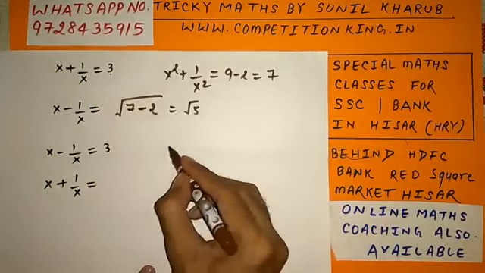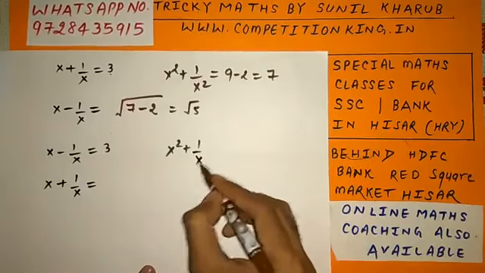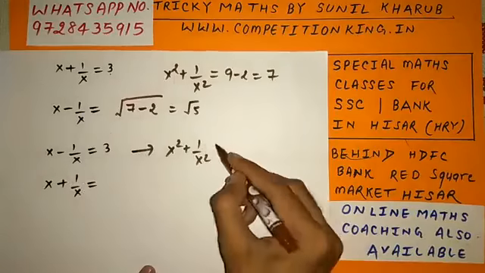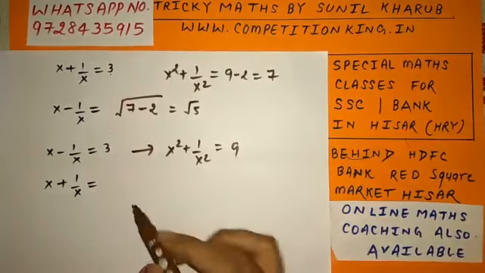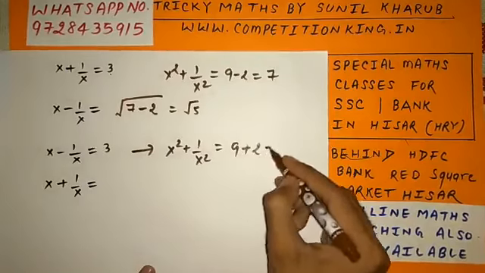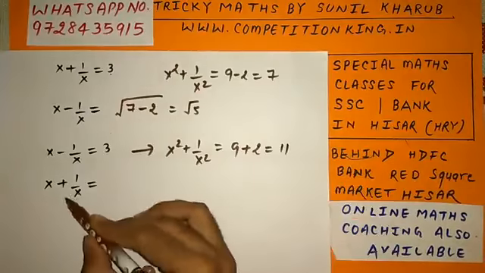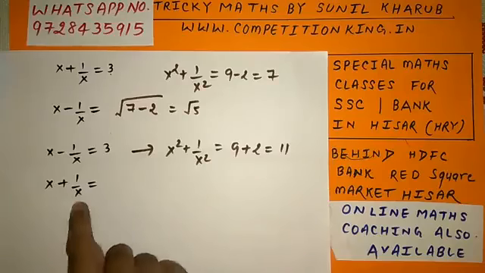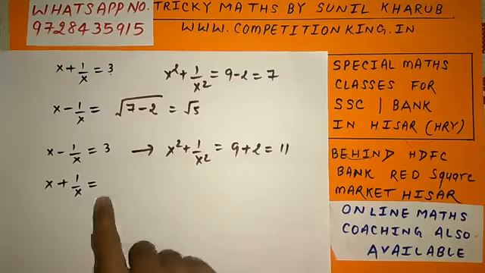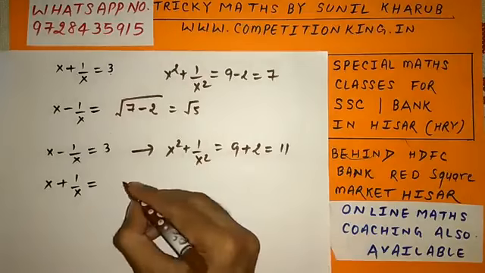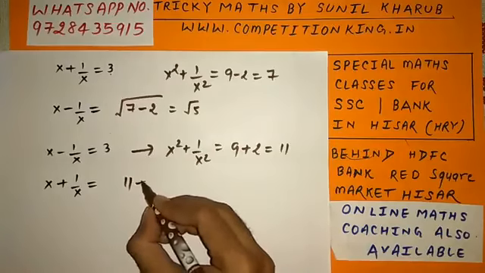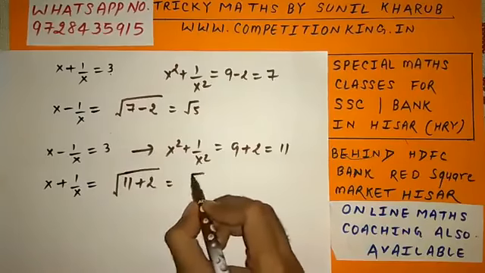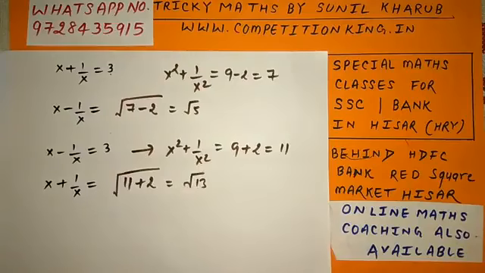See here, we can find the value of this. From this, I am moving from minus 2 to plus: first square, minus 2 plus 2, I will plus 2. The answer is 11. But I have to find the value of x plus 1 by x. See, if I have to move from here to here, what do I do? Square and minus 2. Then, in place of minus, plus, and in place of square, square root. So the answer will be this.